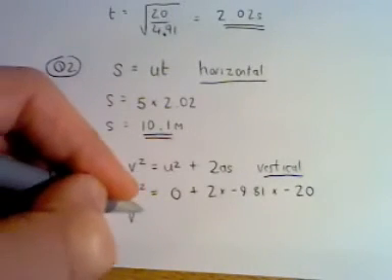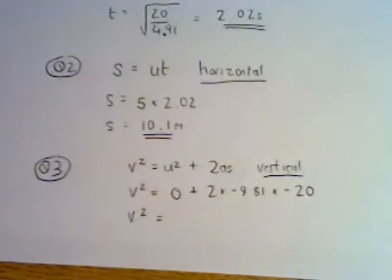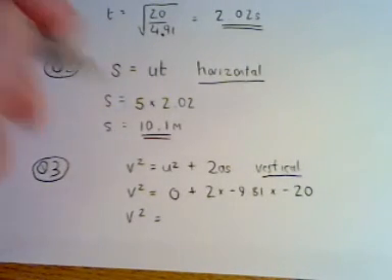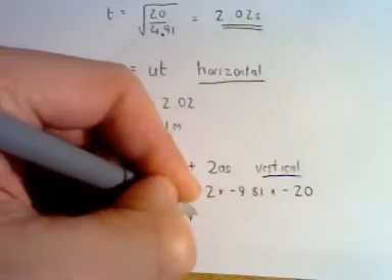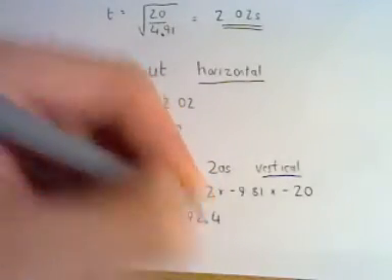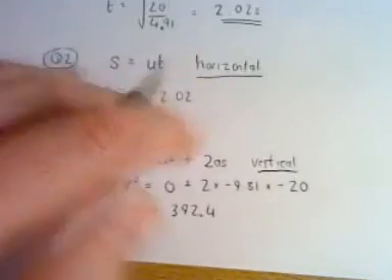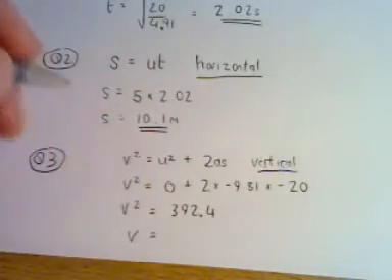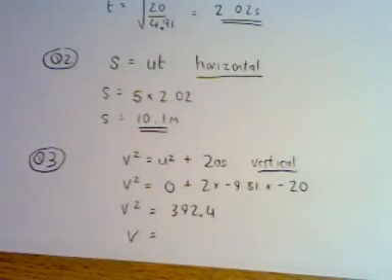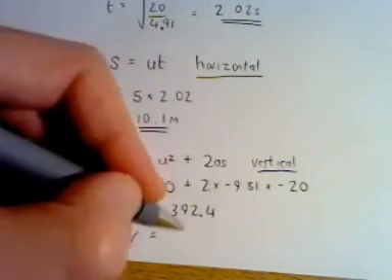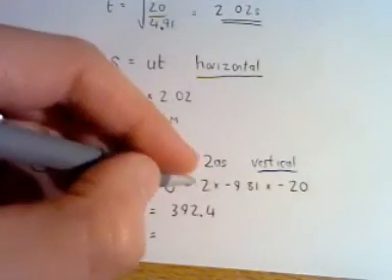So that gives us v squared is, just calculate that there, 2 times minus 9.81 times minus 20, 392.4. So v will be the square root of 392.4, which is